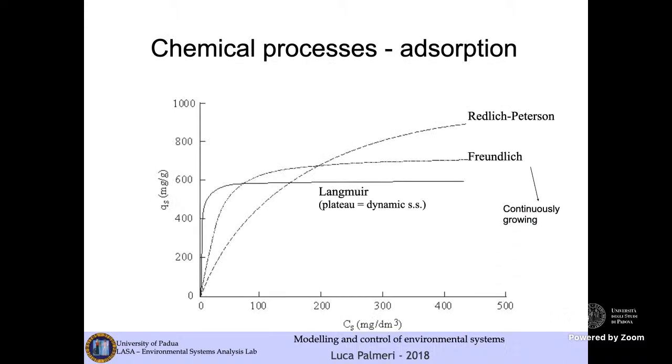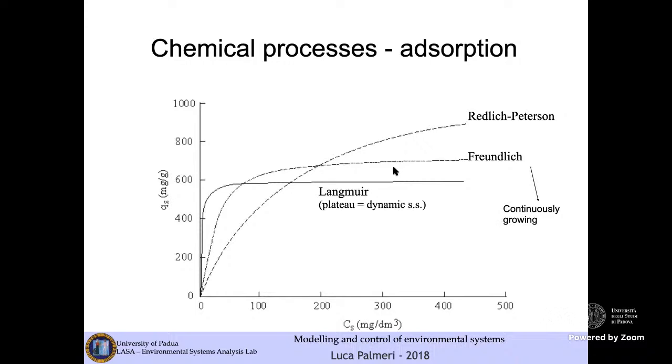If I recall you that these graphs, these processes are obtained in isothermal condition, this means that we fix the temperature, or we assume the temperature is fixed, and then we look at how material moves from the liquid phase onto the solid phase. We obtain these three types of description according to the assumptions we have made. The Redlich-Peterson and the Freundlich adsorption assume that there is not limited availability of adsorption sites, while the Langmuir isotherm assumes